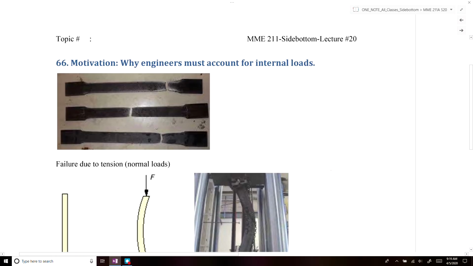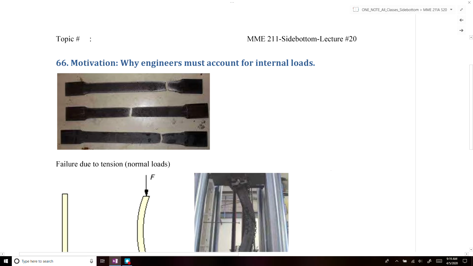Alright, so in this video I wanted to discuss why it's important to know the internal loads within a structure. The reason we need to know what internal loads are within a member or in a structure is